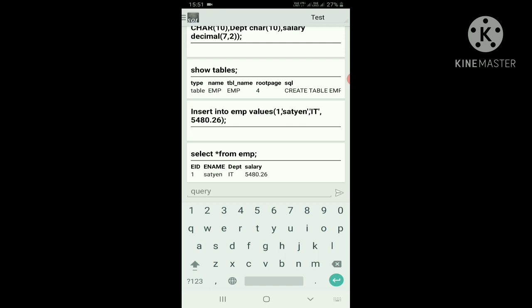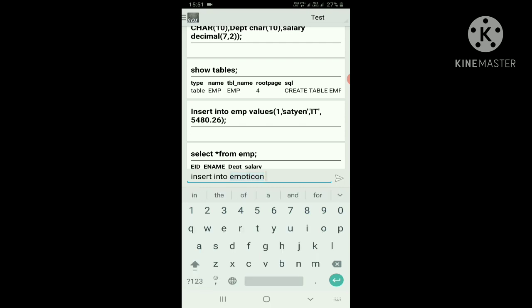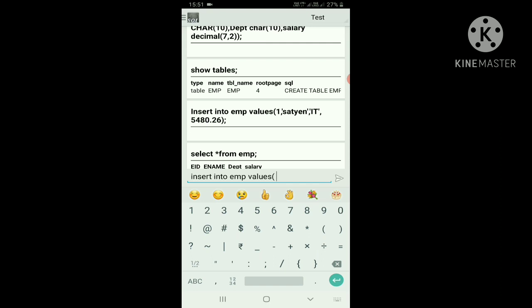Now I want to insert one more value into the table. Just try to insert one more value. Insert into the table name, in the sense, insert into emp values. Just like above, you can put the emp id. You can write 2, 3, 4, 5, whatever you want.